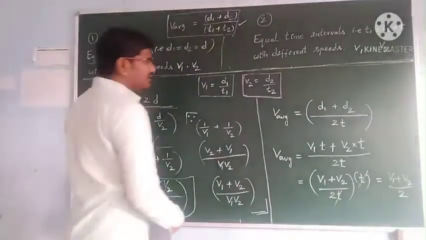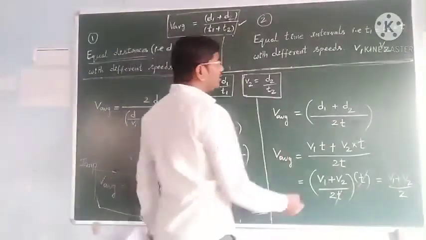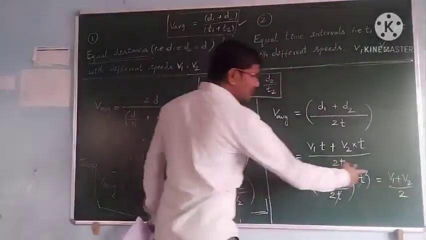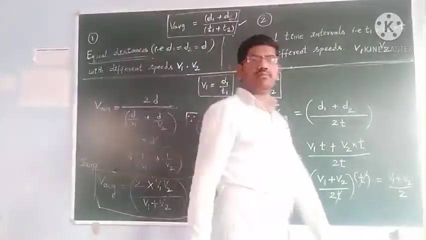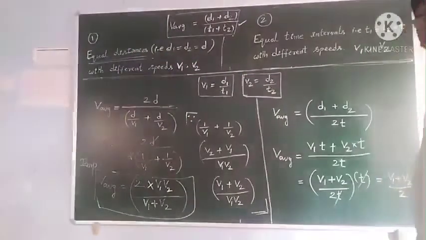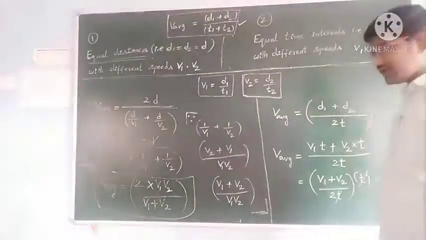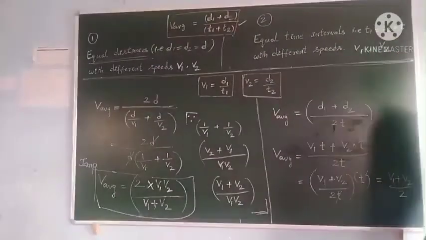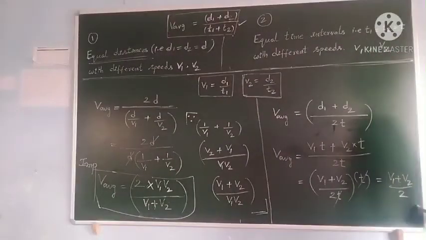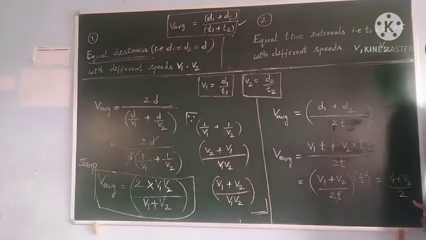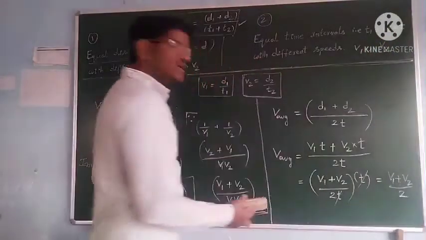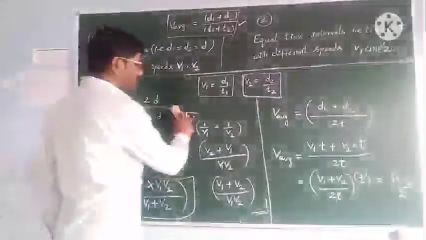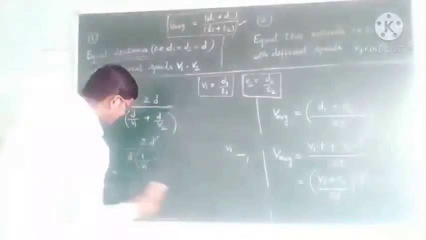So here the formula you are getting is v average is equal to v1 plus v2 by 2. Is it visible for you? Okay, and the next one is, now see students,